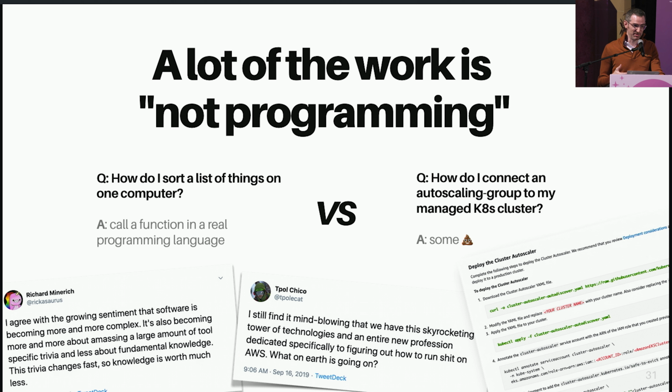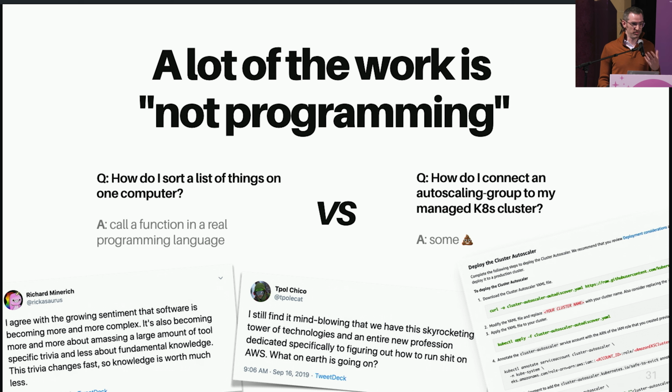And our programming languages can't do it. So what have we come up with instead? We've come up with the cluster autoscaler YAML file, and just this mess of random ad hoc stuff that's been thrown into the mix with no thought of compositionality or it being consistent or cohesive, and it's just a huge mess, and this is not the future.